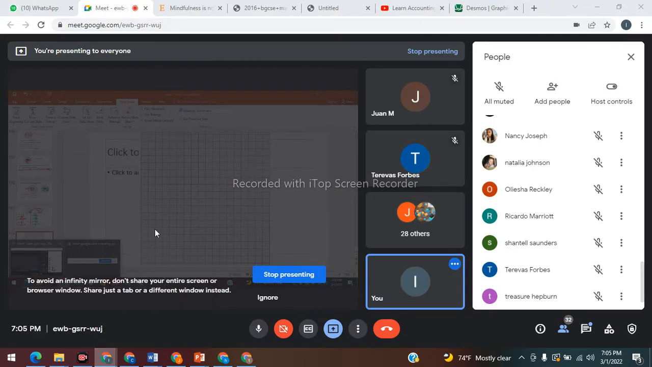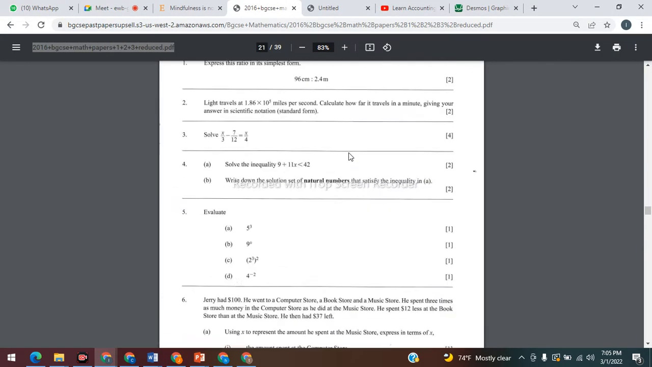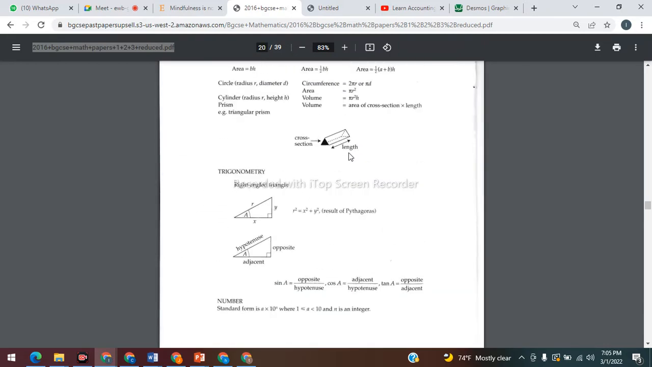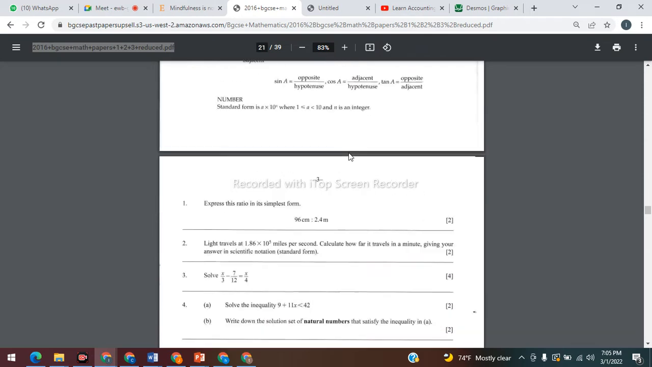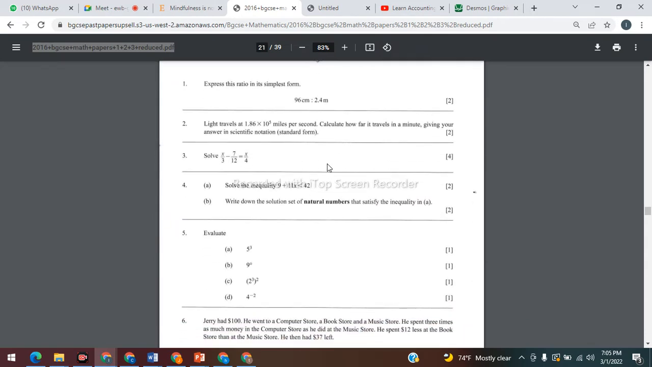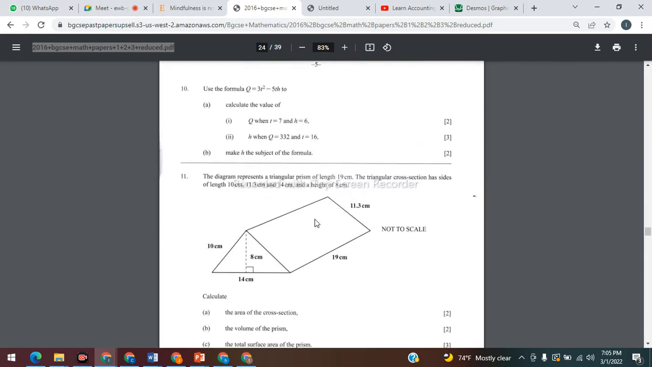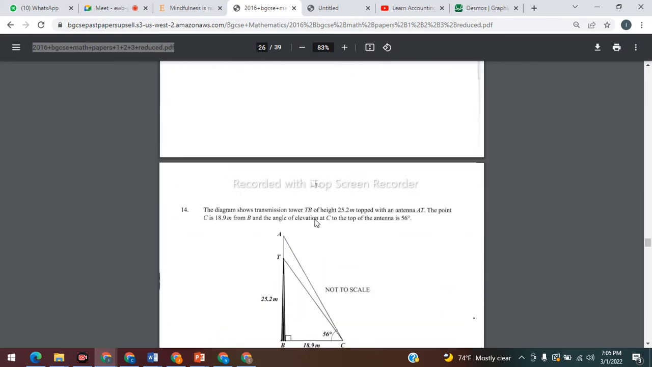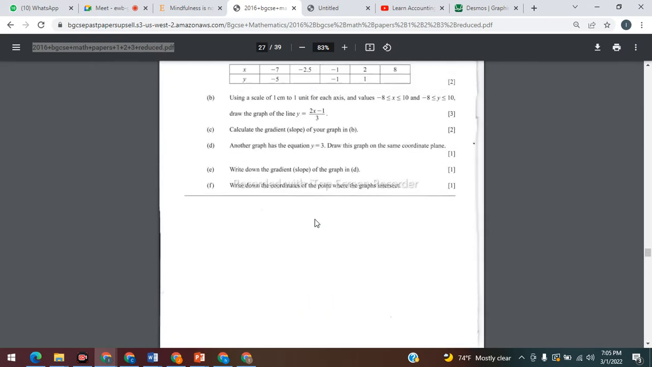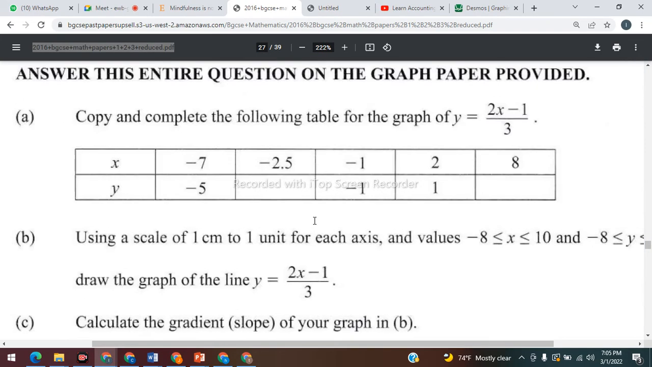They told us that we better... so did we do these? We didn't do this? There's paper 2. Okay, I understand. Okay, I see what's happening. We're going backwards. We're starting from the back, that's why. Okay, so